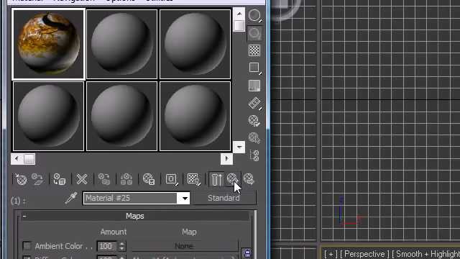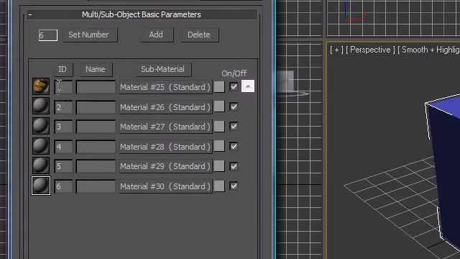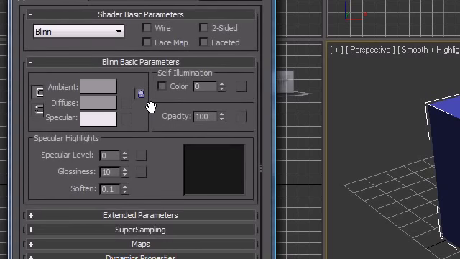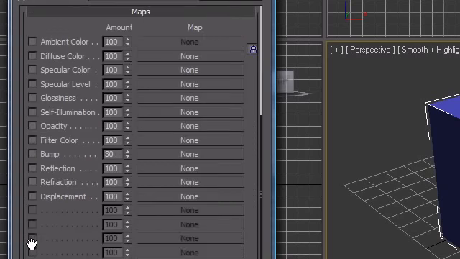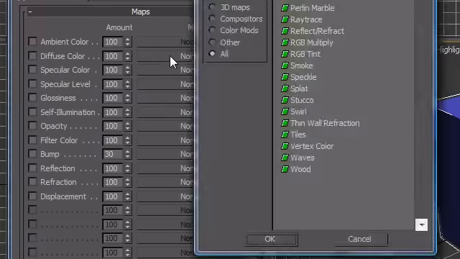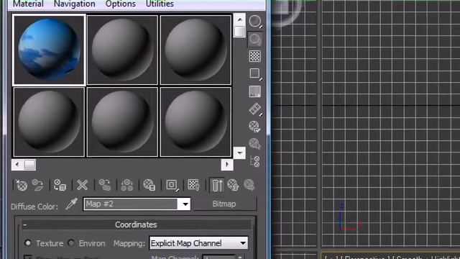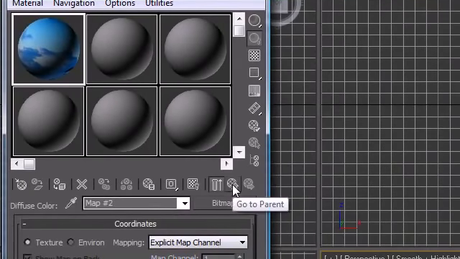So go to parent, and now we've got ID 1 with autumn leaves. You can see a little autumn leaf right there. We want to change ID number 2 to an image as well. So click material 26, and this is going to give us a material for ID number 2. Go to maps since we want an image on it. Go to diffuse color for this, bitmap, and go to dock. That's a different looking one. So now go up, go to parent,